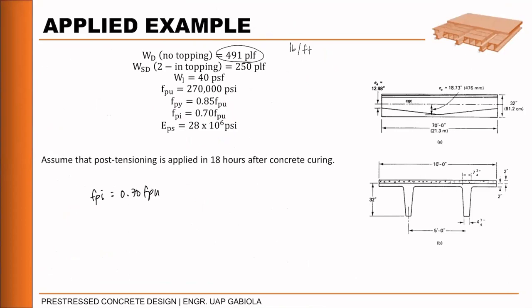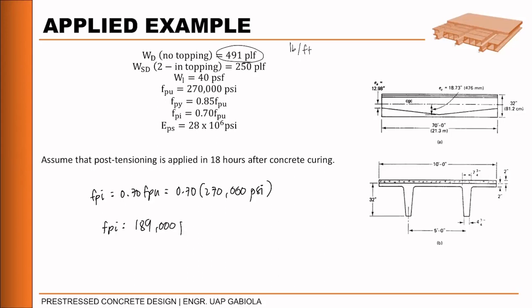And si FPU natin is equal sa 270,000. 0.7 times 270,000 PSI. So yung FPI natin will be equals to 0.7 times 270,000. That is